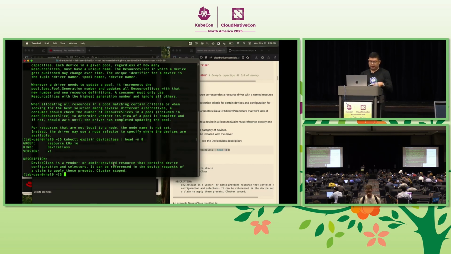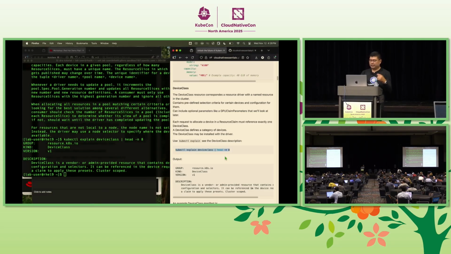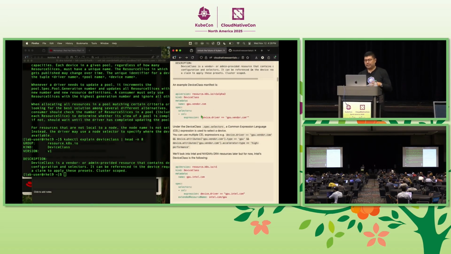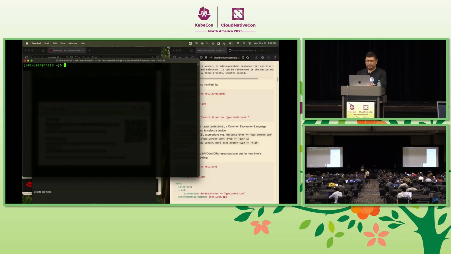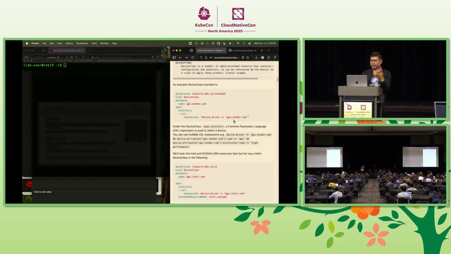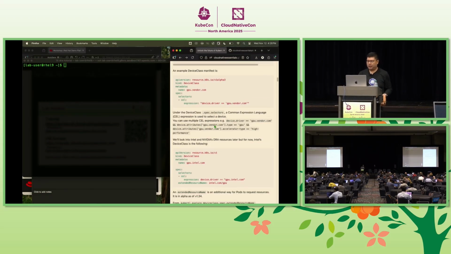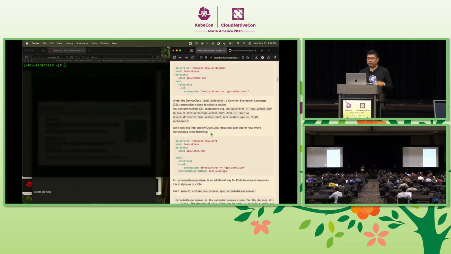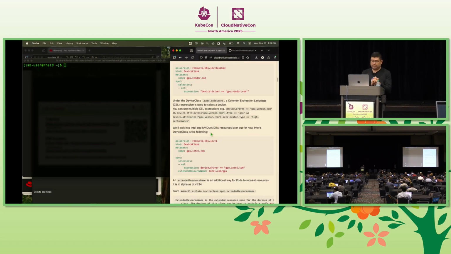It is a vendor or admin provided resource that contains device configuration and selectors. An example of a very simple, basic device class is just the name gpu.vendor.com, and device.driver equals gpu.vendor.com. But we could also use multiple Common Expression Language expressions for that CEL expression,